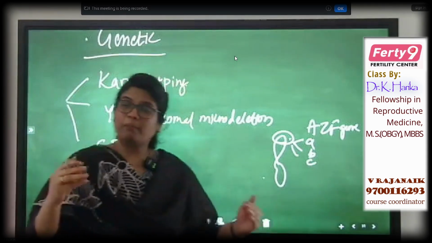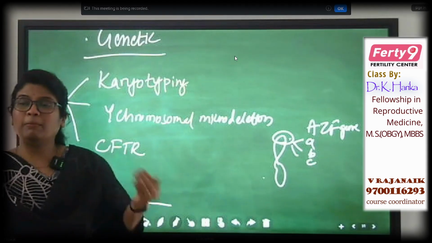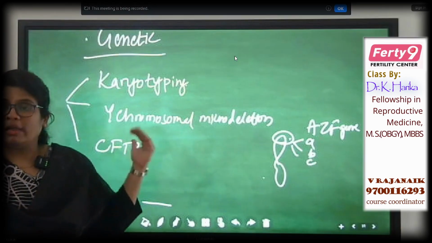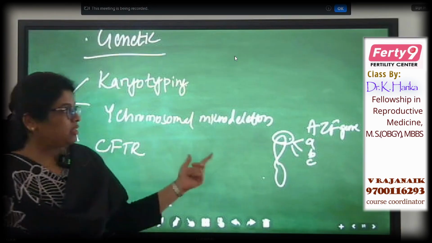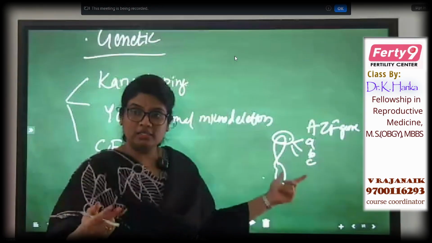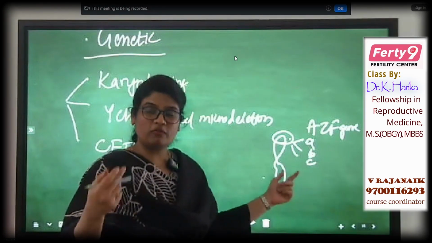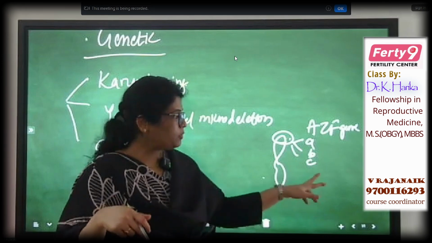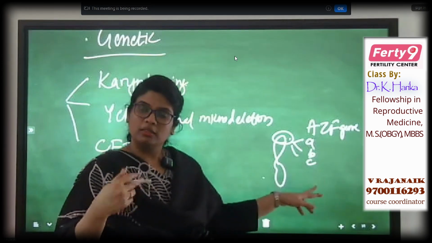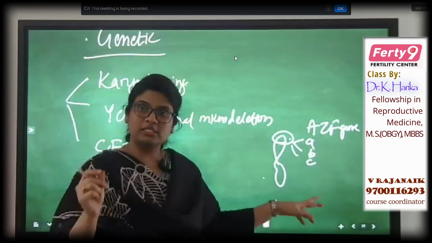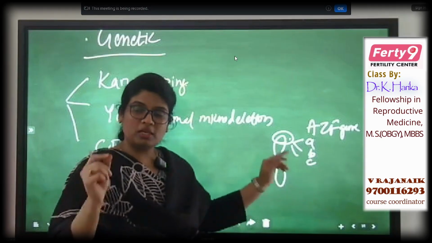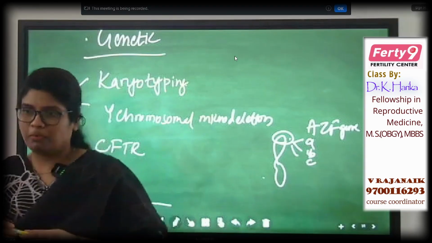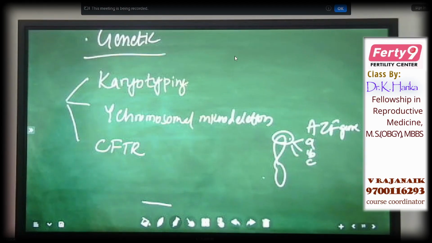So that's why, if any male is azoospermic and we do Y chromosome microdeletion testing, then before doing ICSI we can make out whether there is any chance of getting sperms on sperm retrieval by TESA. If there is a mutation in the C region, we can counsel the patient that there is a chance of sperm retrieval. If there is a mutation in these two areas, we can't retrieve the sperms. There is 0% chance of sperm retrieval.